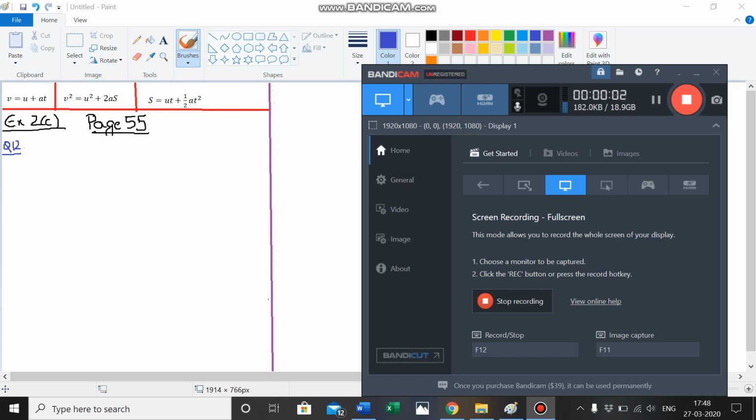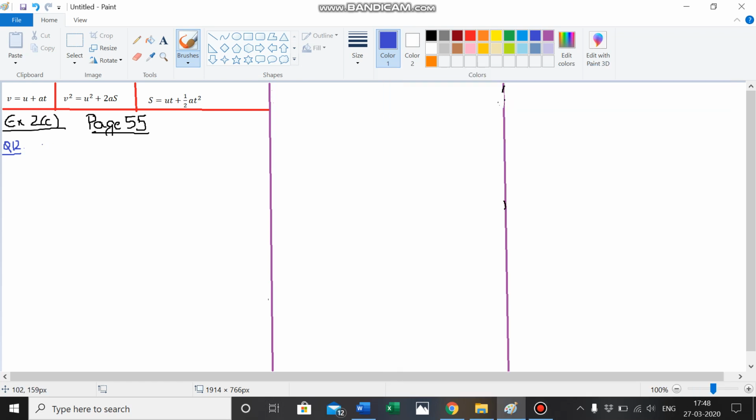So let's move on to question number 12. A body moving with a constant acceleration travels the distance 3 meter and 8 meter in 1 second and 2 seconds. So two scenarios are given. In first scenario, t1 is equal to 1 second. In this case, t2 is equal to 2 seconds. In first case, the distance traveled is 3 meter. In the second case, the distance traveled is